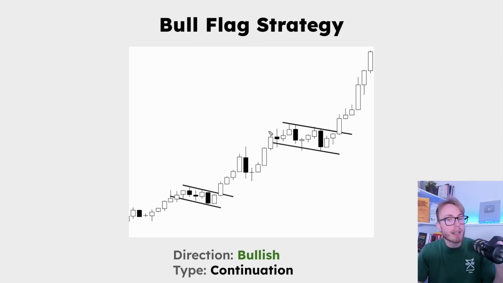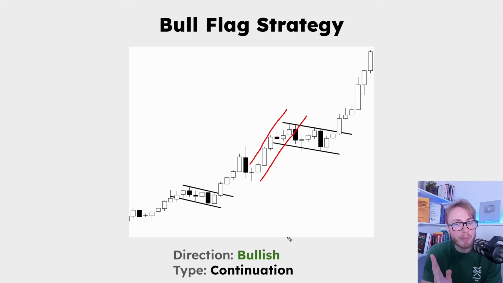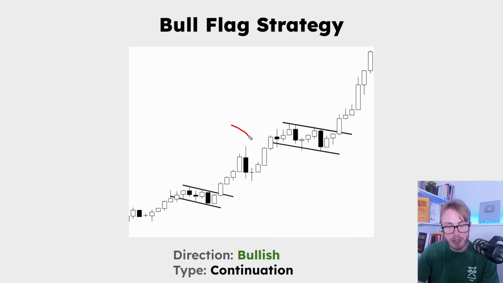And in order to find a good bull flag, what you're looking out for is that you want the move that happens before the bull flag, so this move right here, you want this move to be pretty sharp. It's a good sign when we see strong candles like this one and this one happening before the flag. During the actual flag, what we preferably want to see is lots of these candles that are pretty small, like these three right here, these three right here. In simple terms, we usually want the flag to be pretty tight here,